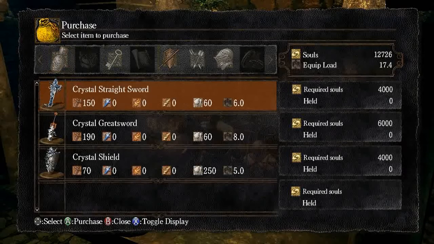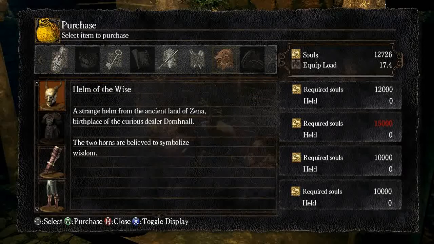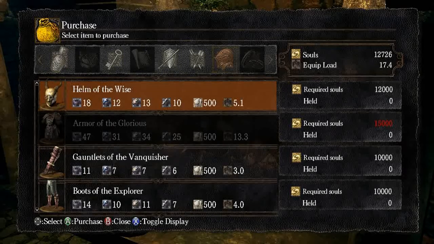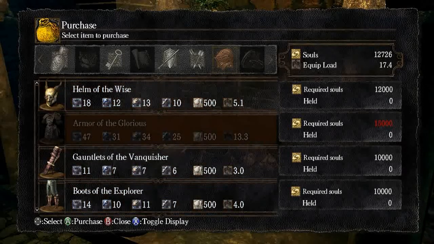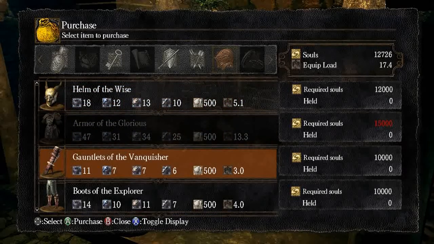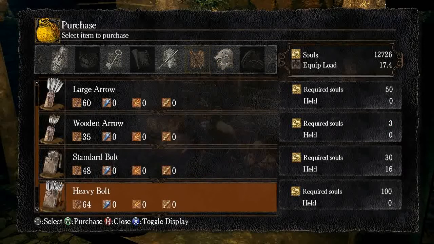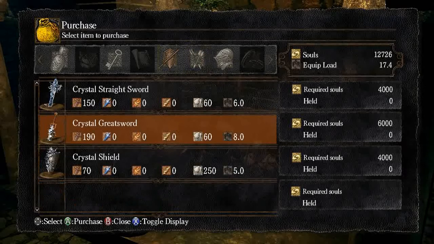Sadly, he does not have any armor. If we go here, he has his own armor, which is actually quite good. His armor in here is actually very expensive, but it looks very, very interesting. And it actually is worth the money, I would say so myself. But I would say so anyway. I mean, what do you want? A helmet of the wise, the armor of the glorious, gauntlets of the vanquisher, and boots of the explorer. Just those names alone make me want to get those. He also sells just standard bolts and so forth. He sells actual